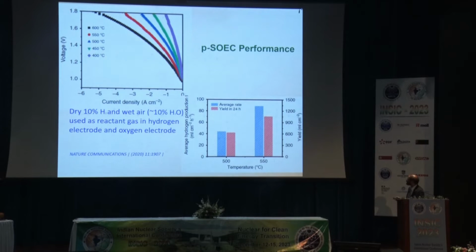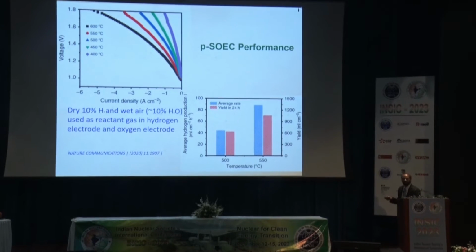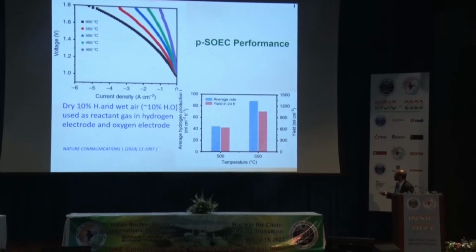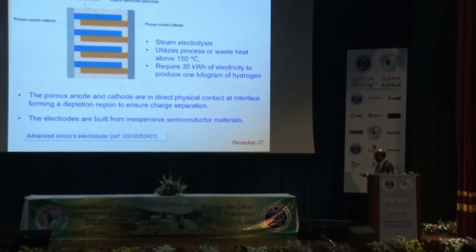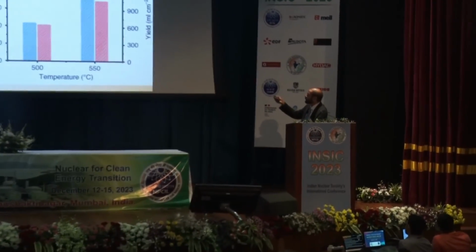Some of the characteristics are shown down here. As you can see, they show very significant operational characterization up to 500 degrees Celsius, and up to 550 will be the most ideal. This temperature can fit most of these newer advanced reactors, liquid cooled, like lead cooled reactors, or high temperature ones like supercritical reactors. So these are quite the right temperature ranges, and there is a lot of interest coming in developing this kind of